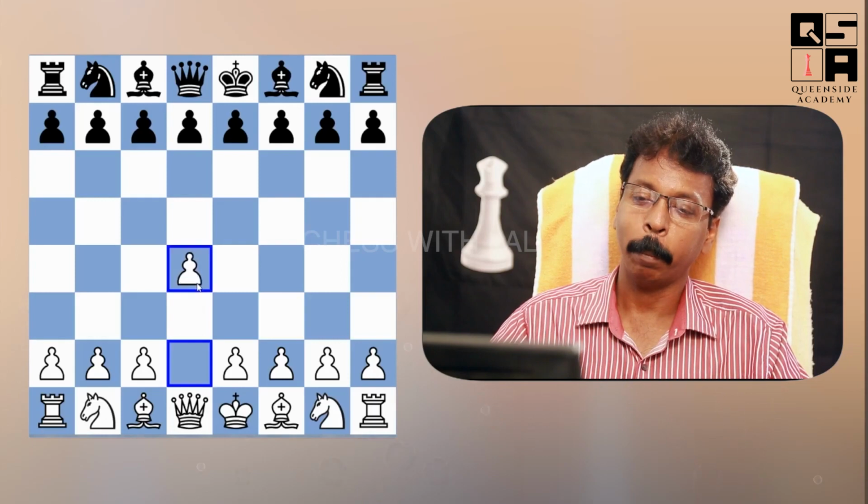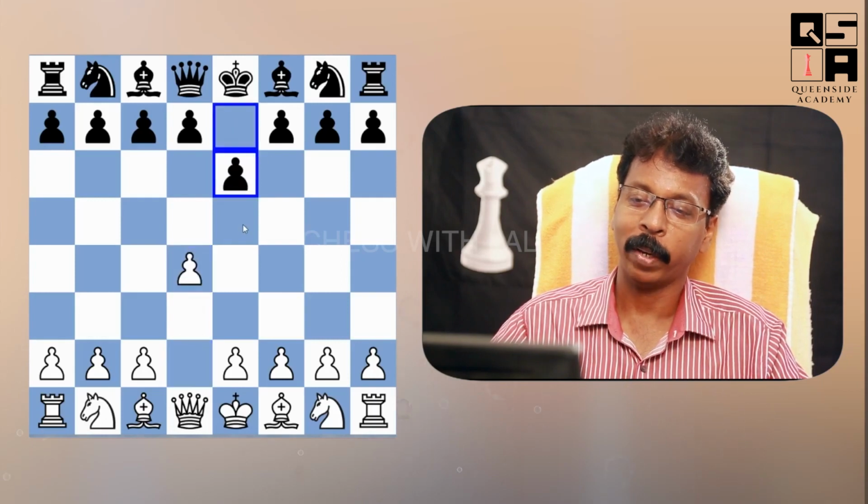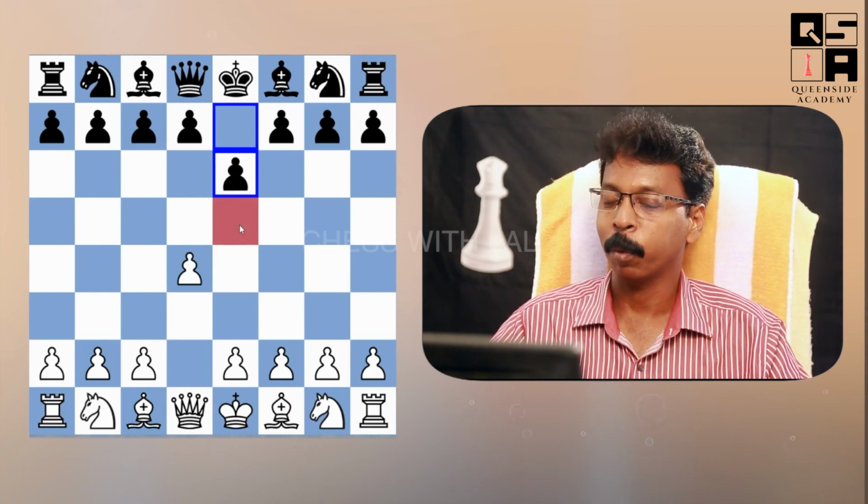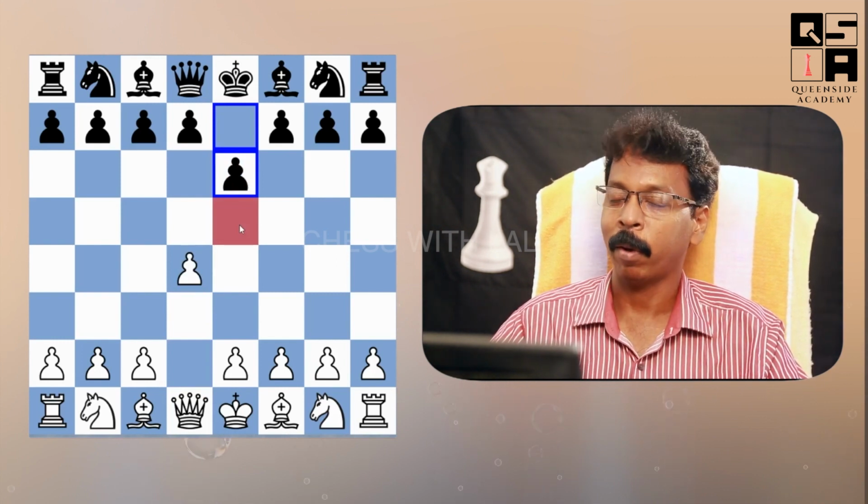Continuing my analysis of the center, today I am going to discuss with you the concept of the little center. So what is the little center? Let me demonstrate here. A pawn on the 4th rank being opposed on the 3rd rank. So we can see here the little center. This is the little center. Now we have to go through a game and I will explain to you in